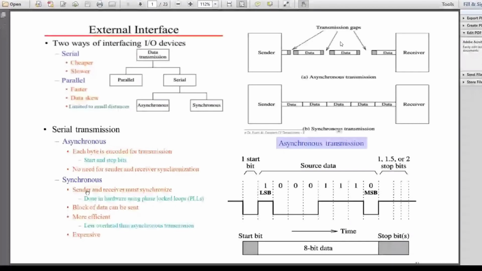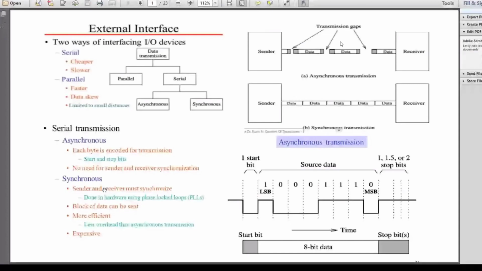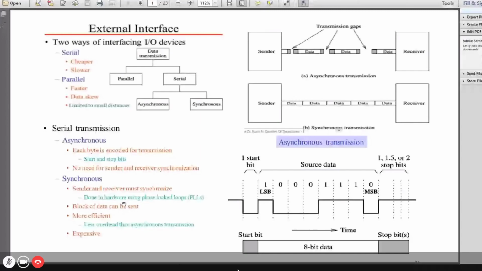With the clock along with the data, a data stream can go from input to output, just data sent as large blocks. It's more efficient. Synchronous communication is a bit expensive, meaning that there are extra lines for carrying the sync pulses. So synchronous, though expensive, is faster in its operation.